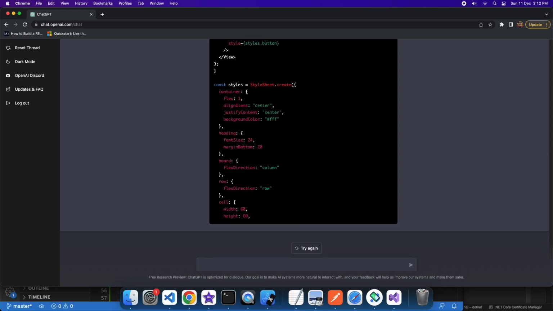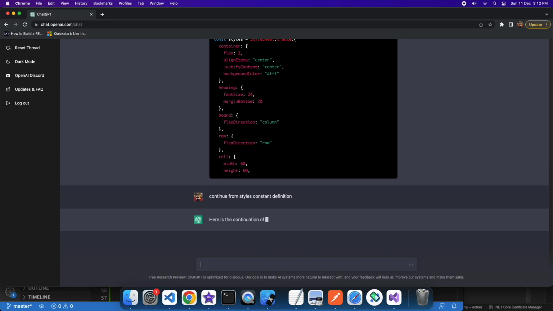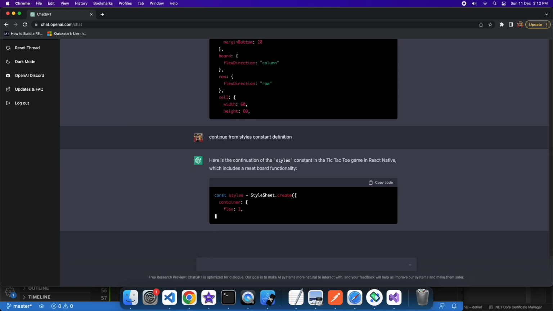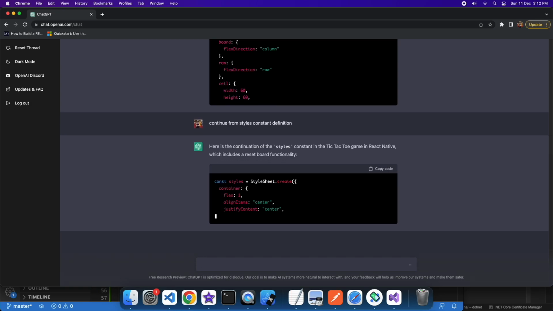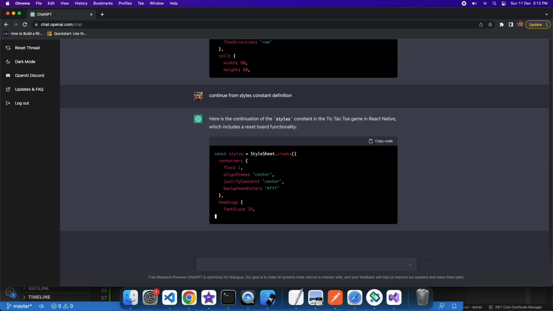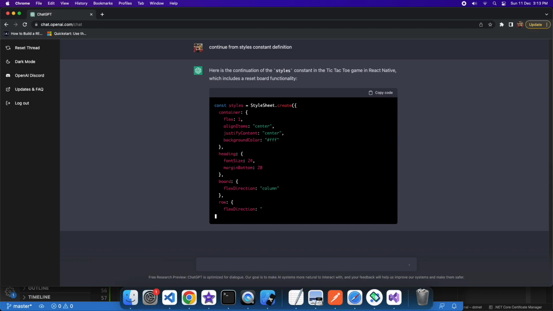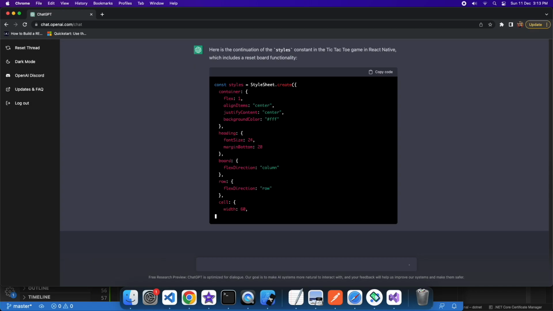So we're almost at the end of the code, but you can see that didn't quite complete the styles. So I'm just going to ask it to continue from the styles constant definition onwards. It's really cool how you can specify where you want it to continue onwards just to make sure that you know exactly where it is in the code and make your combining of the code easier, although obviously it would ideally just complete. It is powerful enough to sort of fix itself and resolve from sort of failures,